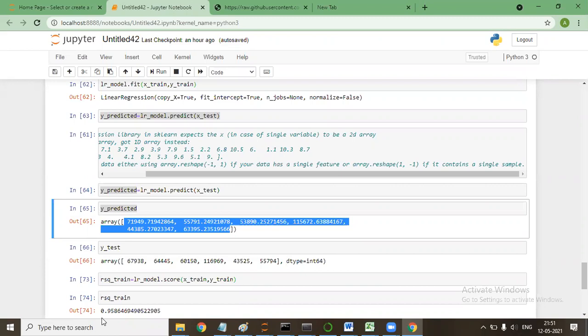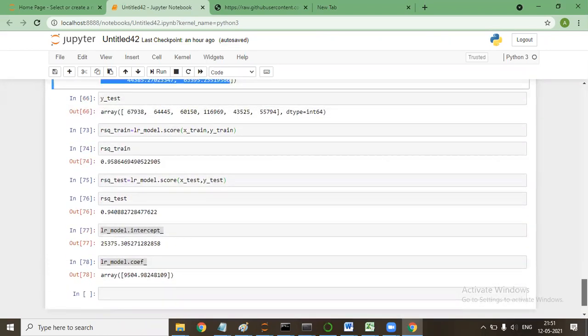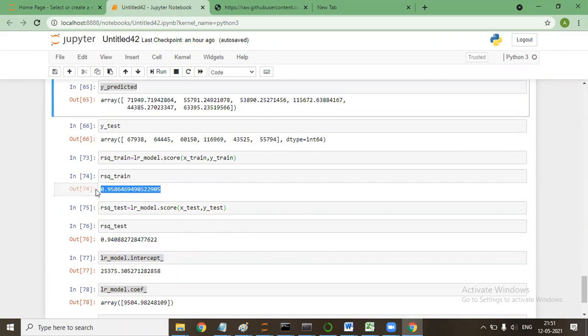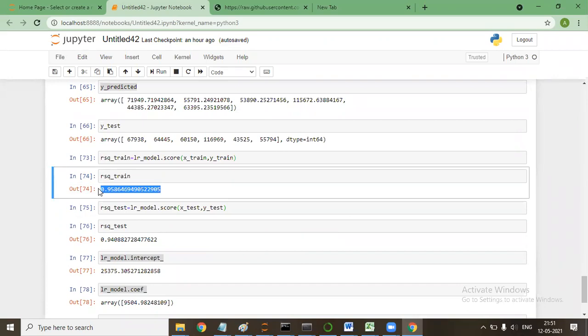I don't even know what the output is right now. The model that we have made is giving 94 and 95% accuracy. So are we going to go with this, like if the model is correct or not? If this is the accuracy the model is giving, in a real-life scenario, we go.